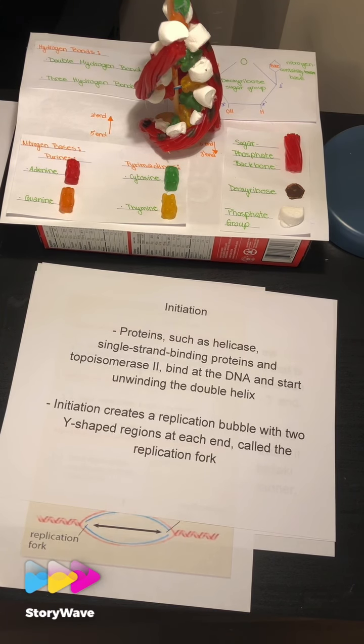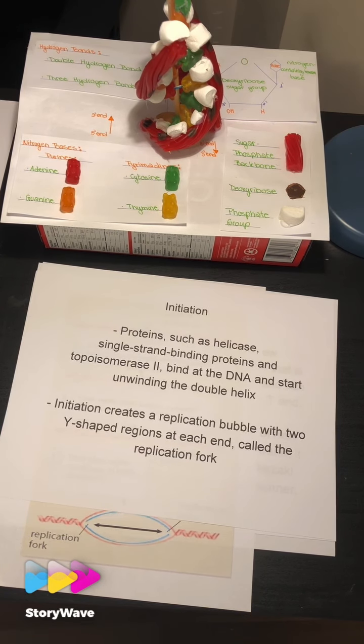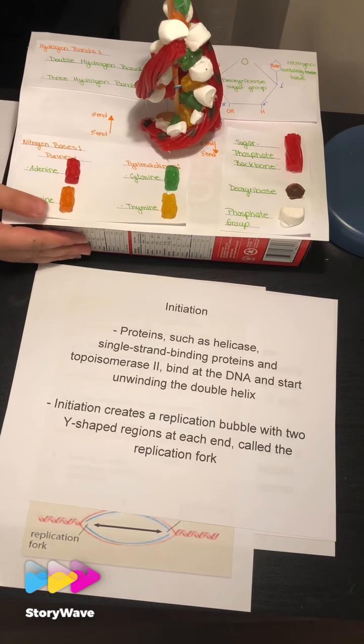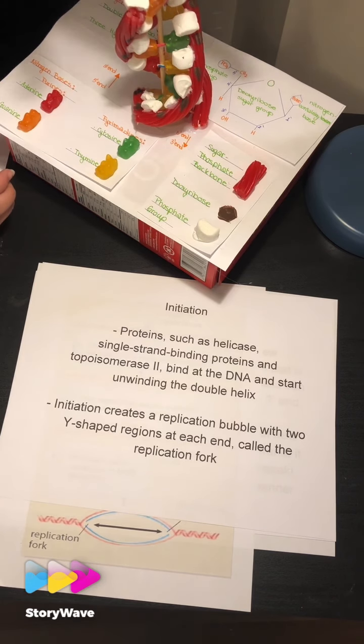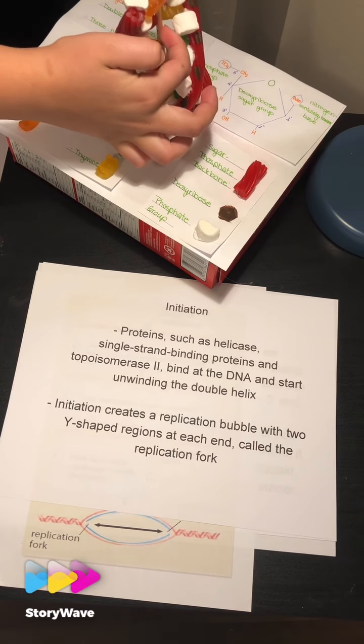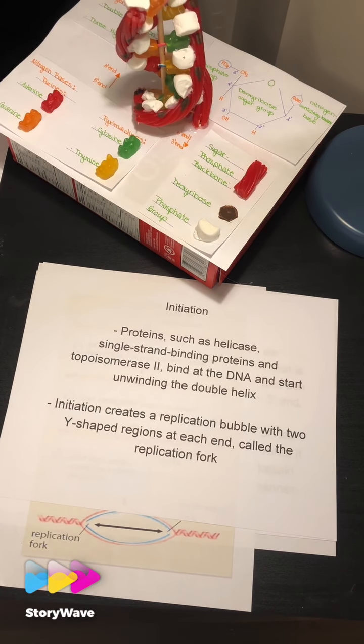One group of proteins that's involved in the unwinding process is helicase, and that cleaves the hydrogen bonds that link the complementary bases between strands together. So helicase weakens these hydrogen bonds right here. These hydrogen bonds link together adenine, thymine, guanine, and cytosine, and the helicase weakens these hydrogen bonds until it